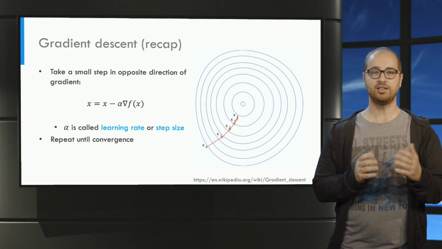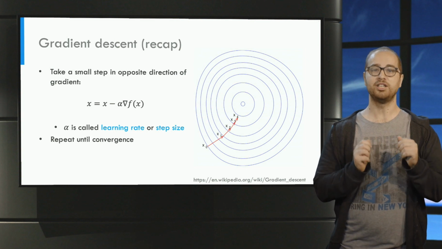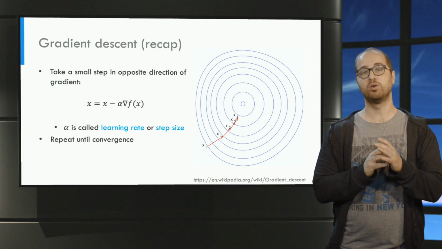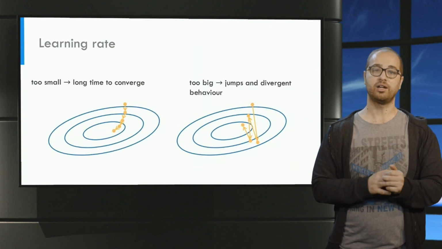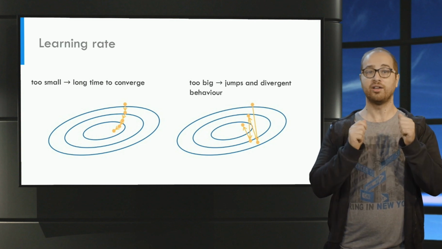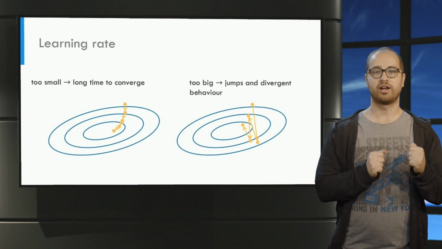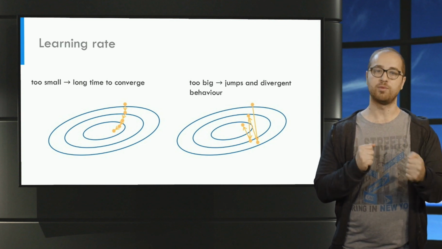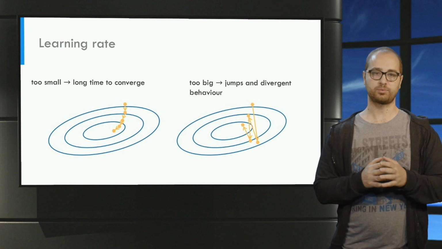In gradient descent, as we can see in the slide, at each iteration the current minimum is updated with the gradient of the function times a parameter called the learning rate. At each iteration, the learning rate determines the size of the step that we take. Intuitively, a small learning rate means a lot of iterations of gradient descent to converge to a minimum, while a large learning rate can speed up convergence.